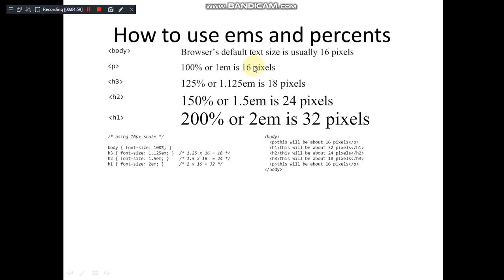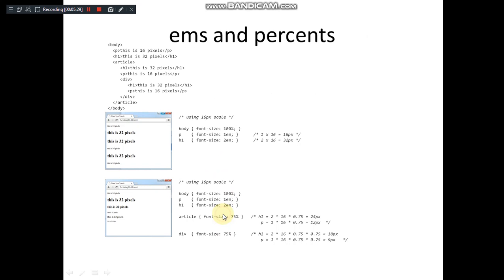Similarly 150%, 16 plus 8, becomes 24 pixels. So it is relative to the default size of its parent element. This is how you can make use of ems. We say 1.25 times, 1.5 times, so that is specified with ems, or instead you can use the percentage symbol to scale it.